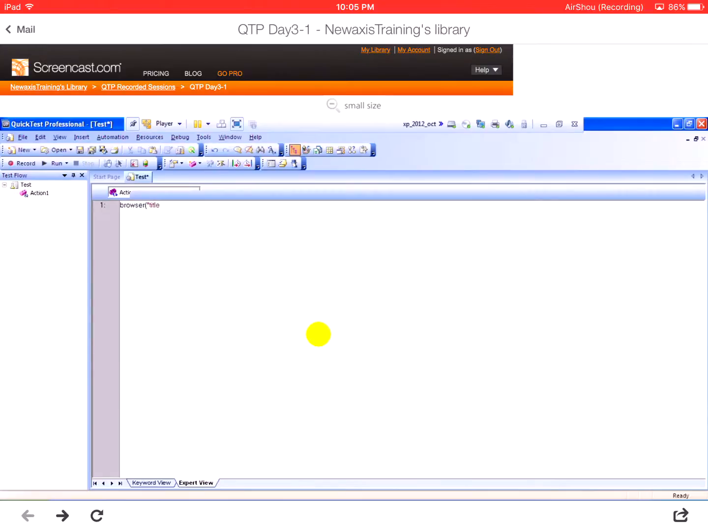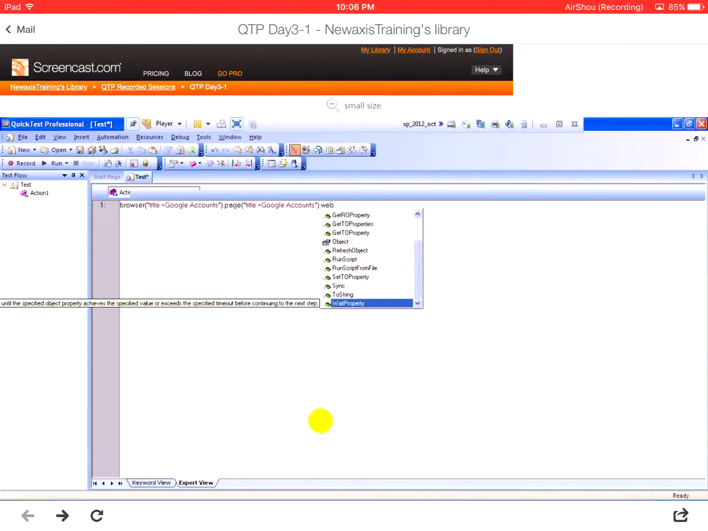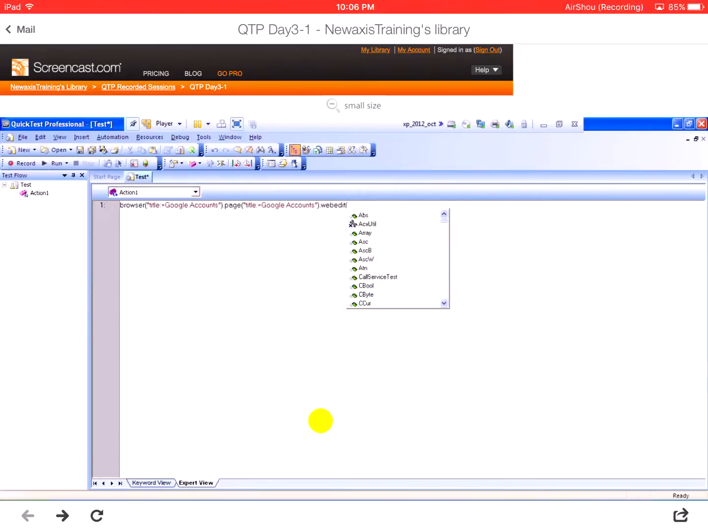Browser, I have chosen the title property. Syntax is colon equal to name of the title. Name of the title is Google accounts. Dot next page object, and then the title. Here also we are using title property. Then dot web edit,